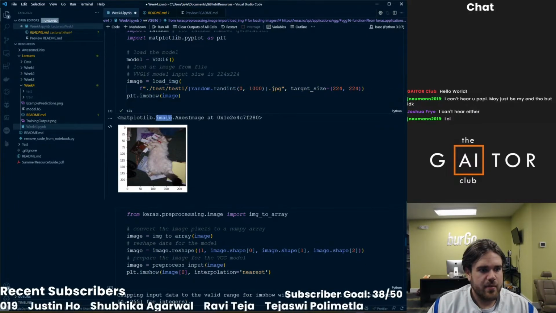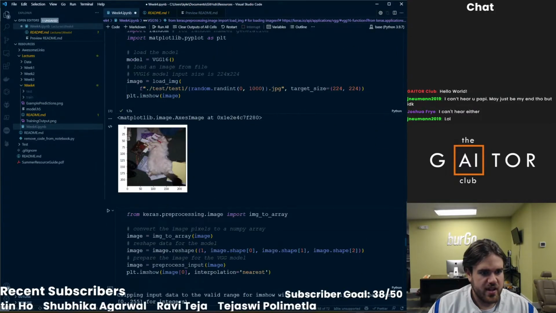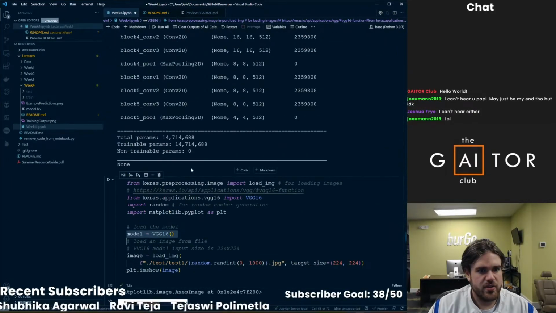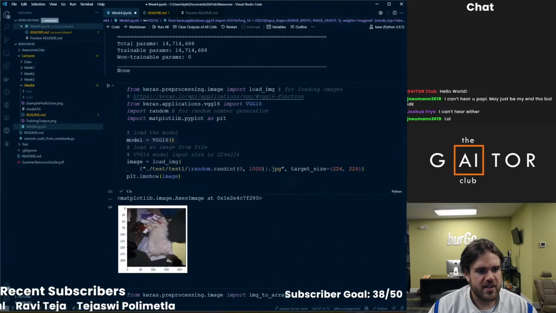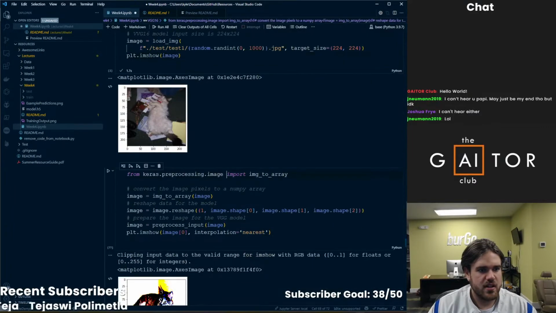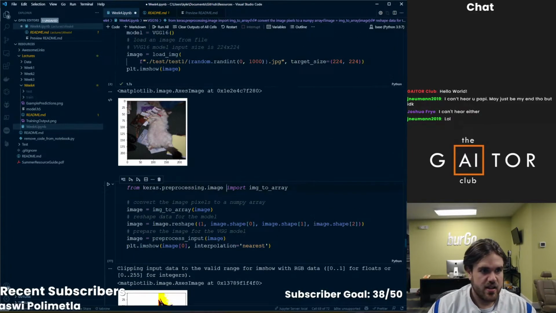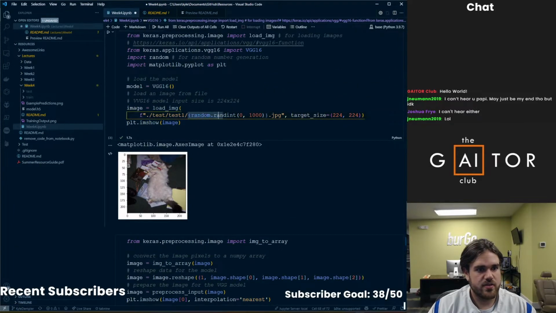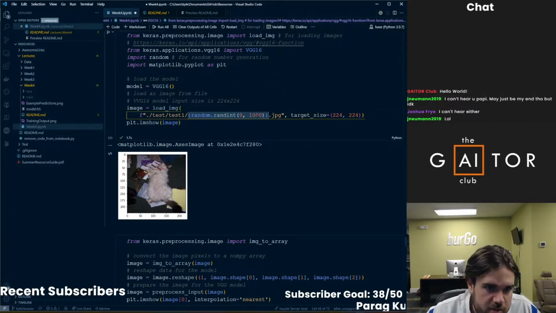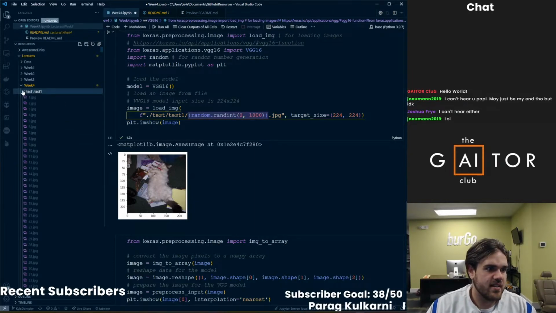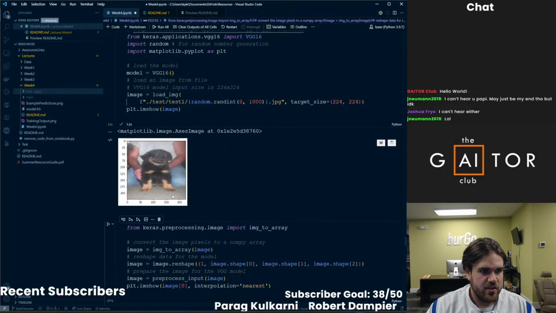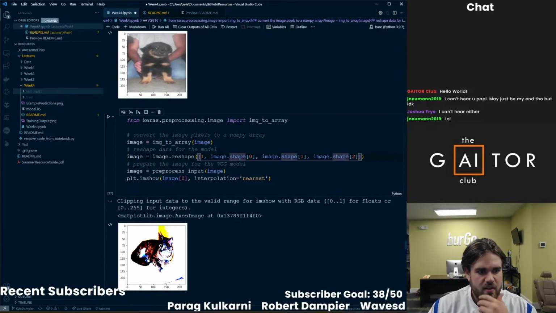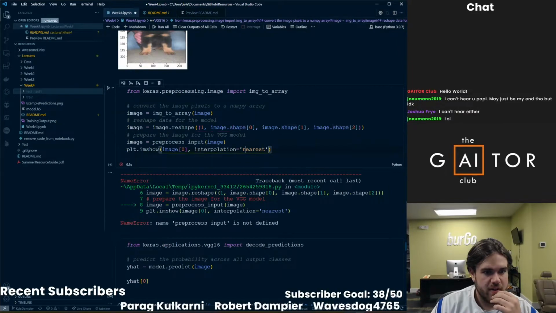We can take a bunch of these cat images, and all we got to do is just import VGG16 from Keras, and now we have a classification model. If you take this image here, I basically wrote something that gets a random integer between 0 and 1,000 from our test set, and if we run this again, it'll just get a new random image. And you can see from the random image that we created,